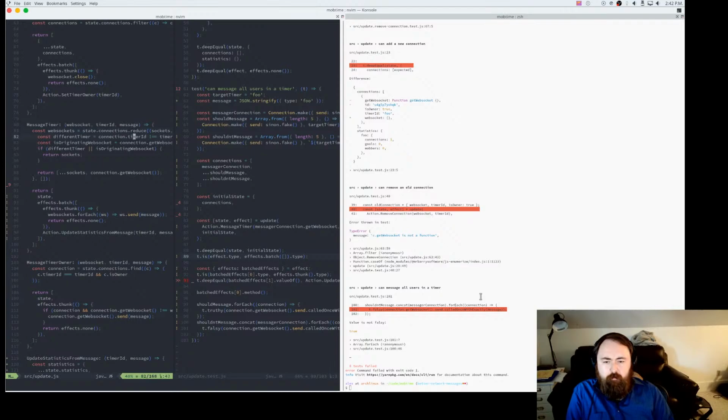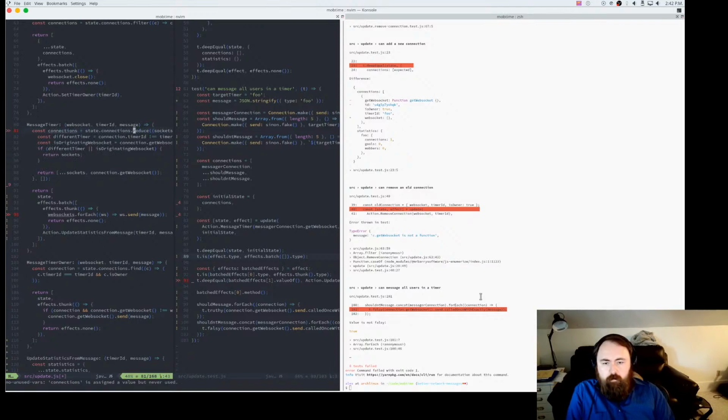I guess at that point it's reduce. Okay, that's what's going on. So I'm doing a filter, but then also only grabbing the WebSockets from the collection. But that could easily just be connections. I mean, the loop isn't that bad. Okay, let's change this, and I think that's going to make our lives easier.